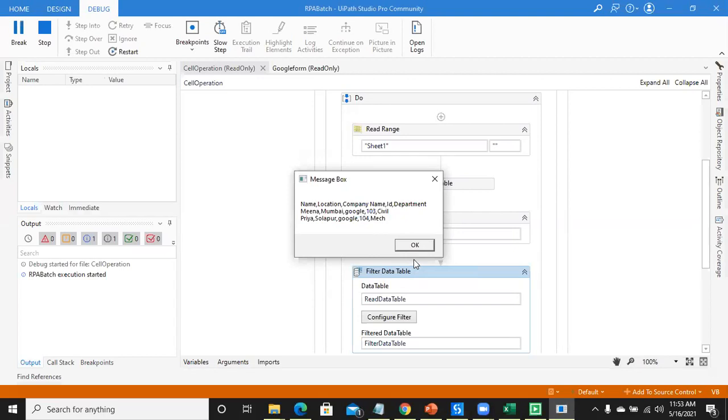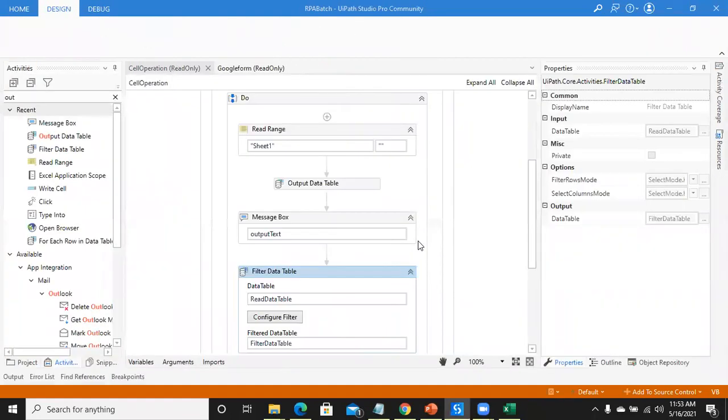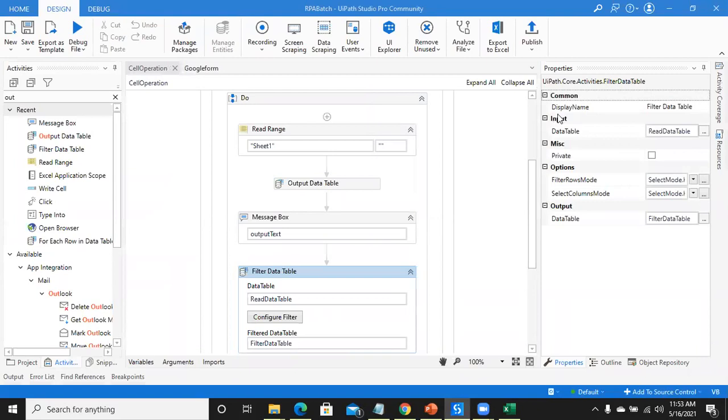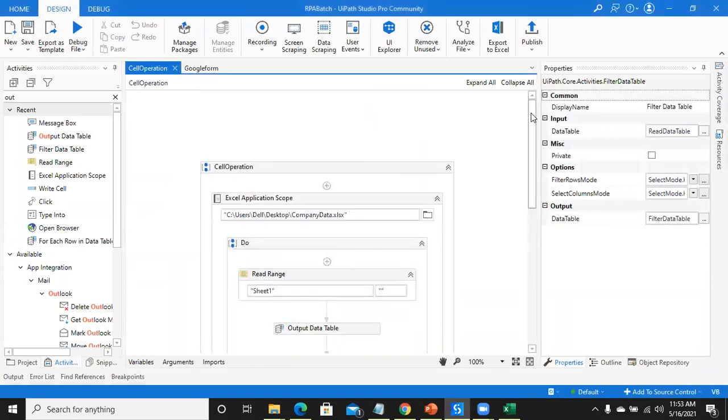Yes, sir. This is the result after company name equal to Google. So all the people in Google were received. Till now, do you have any doubts? Please ask me questions. If you ask more questions, it will be pretty clear. Questions are important. Explanation is important.